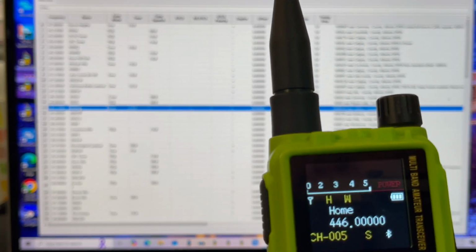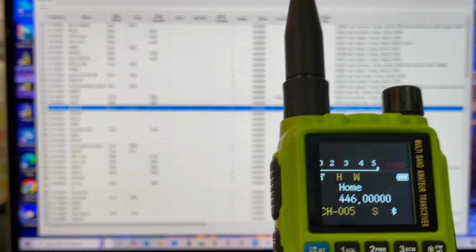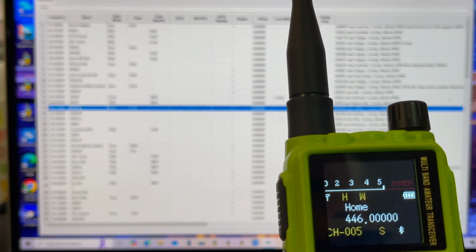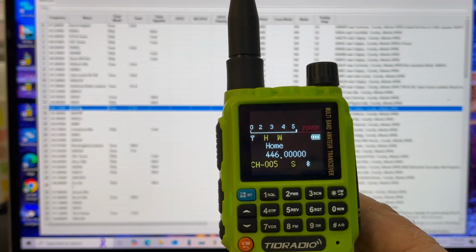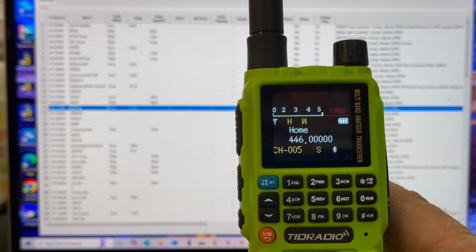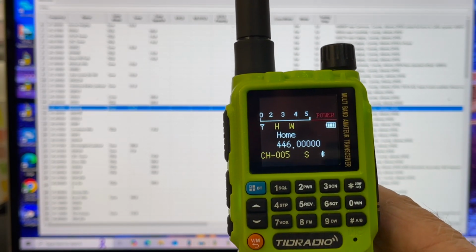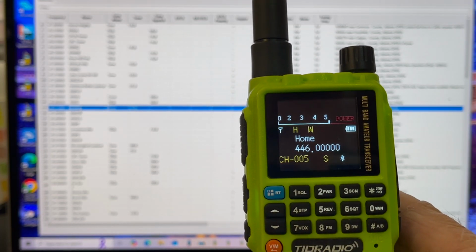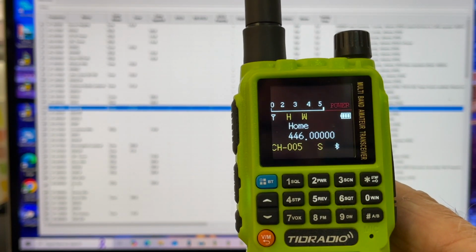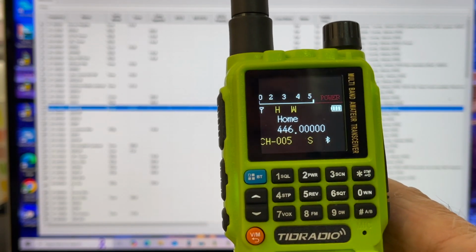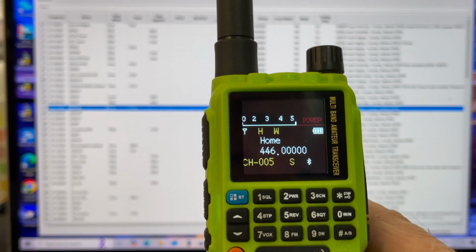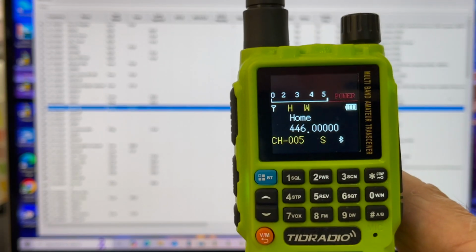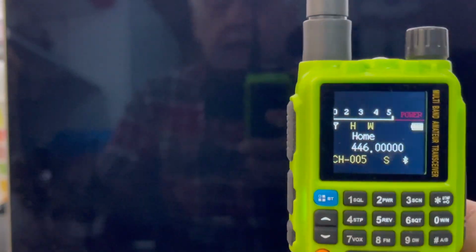The latest operating system that I'm using on this TidRadio, I believe it's January 2025. They have released what they call an H-3 Plus, completely different firmware. I believe the firmware is not compatible with the H-3. You have to have the H-3 Plus to use it. They improved it, I could see a little bit there, but I don't have a need of it, so I decided